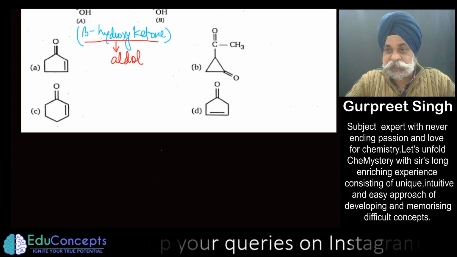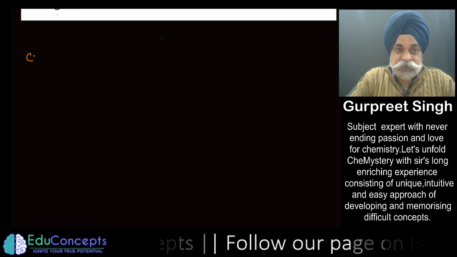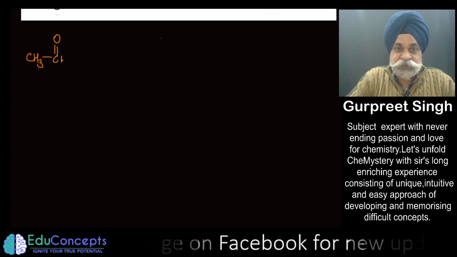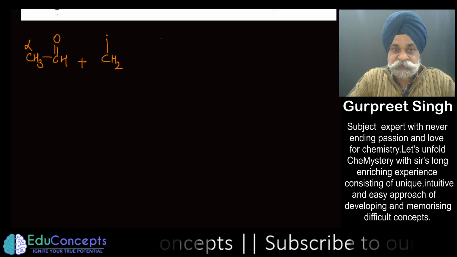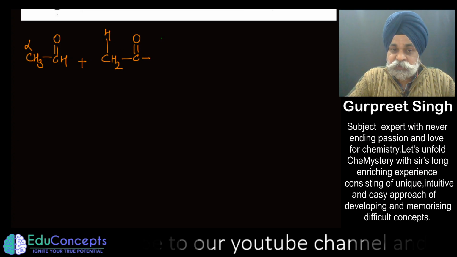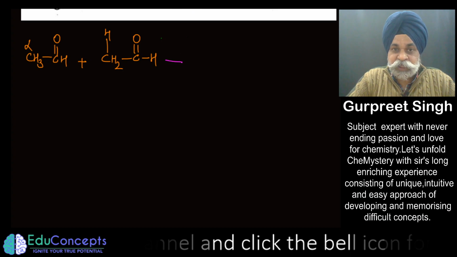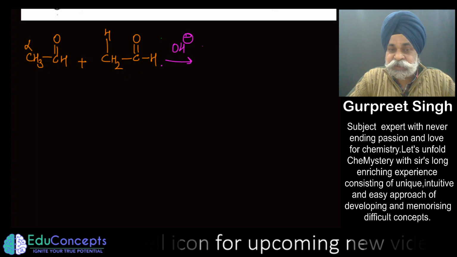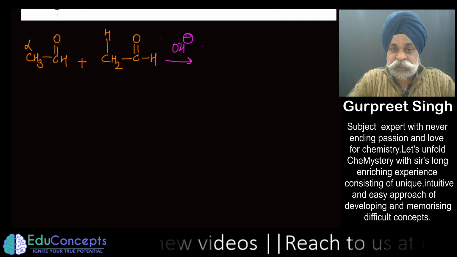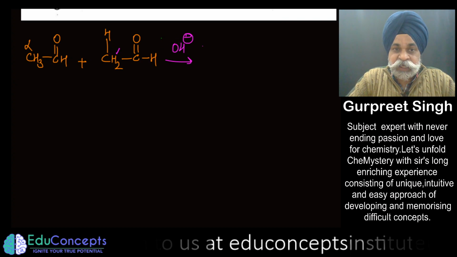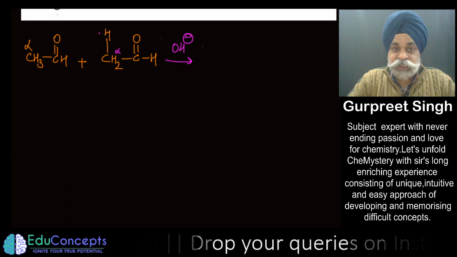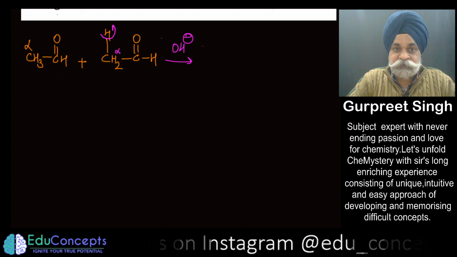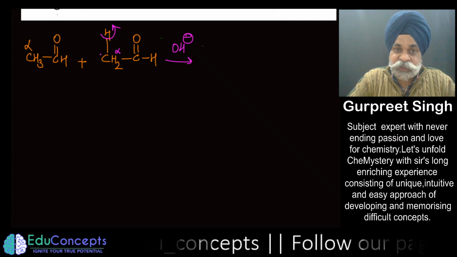Now let me show you what I'm trying to say. Let me give you a brief viewpoint of what I'm trying to figure out. Say for example you are being given an aldehyde, this sort of aldehyde which is having an alpha hydrogen, and if I treat self condensation which I am speaking of, now if I take another molecule of aldehyde and put OH negative into it, so this is the starting material of an aldol product. So in the aldol condensation, the alpha carbon which is having one hydrogen, I'm developing a shortcut by which you can figure it out easily. So what would happen, first OH negative takes out this alpha hydrogen generating a carbanion.